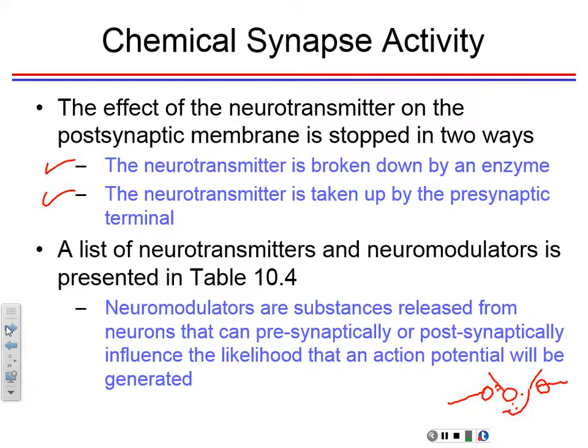Neuromodulators are substances that neurons release to affect presynaptically or postsynaptically. So you see, this will be a presynaptic neuromodulator that's released by this neuron, and this will be a postsynaptic modulator after the event, and then you could either slow it down or increase it. So that's neuromodulators. You can see the difference between a neuromodulator and a neurotransmitter, right?